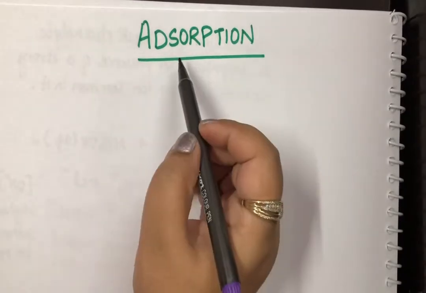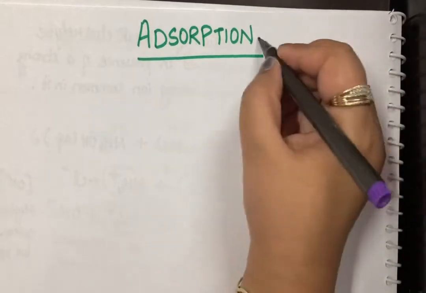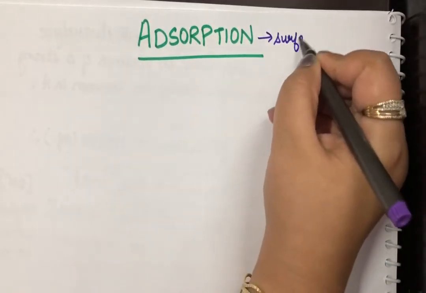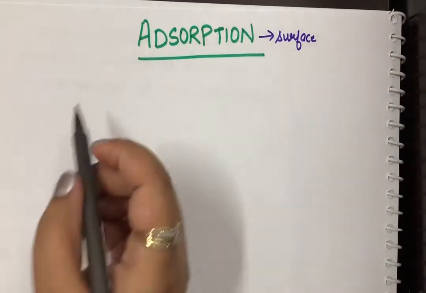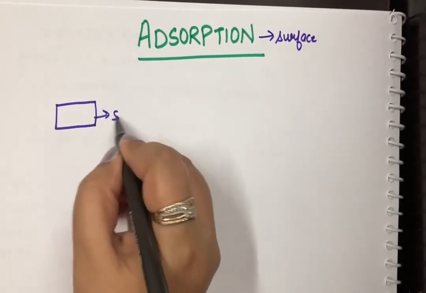So students, in this video I'm going to quickly revise a few of the important points that we need to remember for adsorption. Now what is adsorption? Adsorption is the accumulation of particles on the surface, right? We are only talking about the surface here. So let's suppose that I have a surface like this. This is a surface